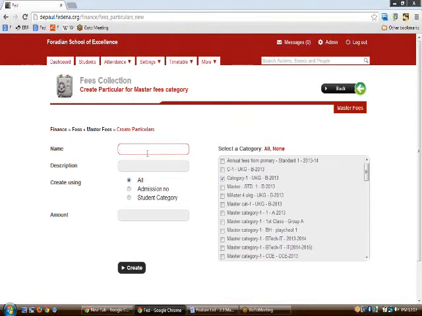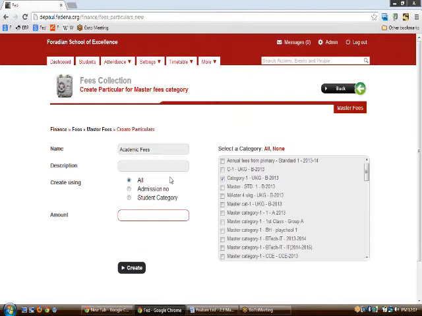So let us have an academic fees particular, and then the description can be, or you cannot opt to have it. And here you have an option of create using an all, admission number or student category. If you click on all, which is by default, so this particular that we are going to create under this category will be available for all the students in the batch.